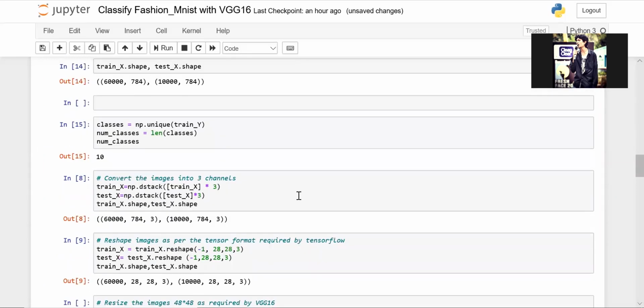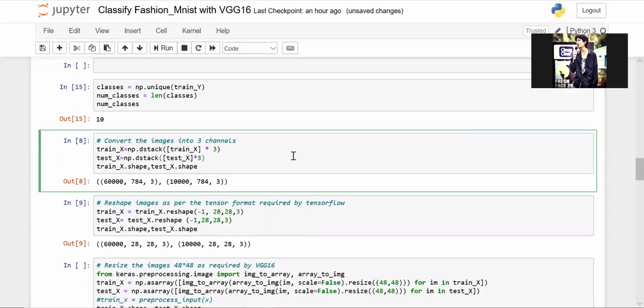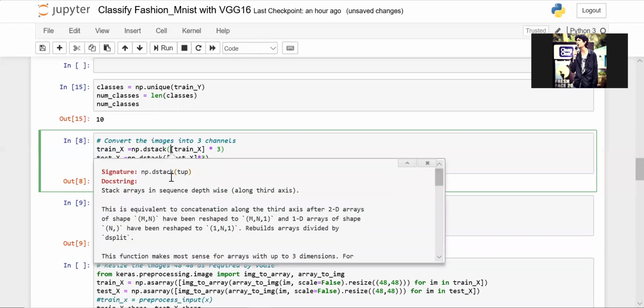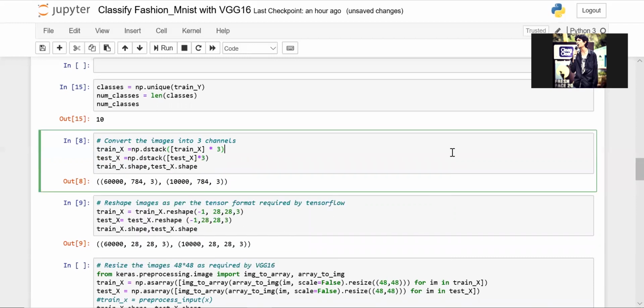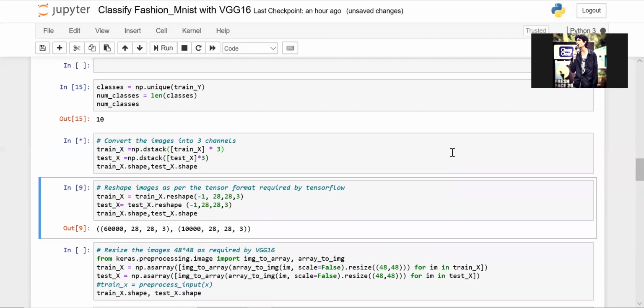So each and every one is an image, and what we will now do is convert the image into a 3-channel image. Basically, since we'll be classifying them as images in RGB, red, green, and blue format, we will convert them into 3 channels. For that, we have the NumPy dstack function which does it. I'll just show you. This one is the depth stack function. If you pass a tuple to the function, it stacks the arrays in sequence depth-wise. We'll take help of this function to convert each and every image into 3 dimensions.